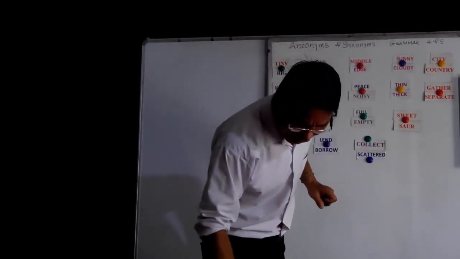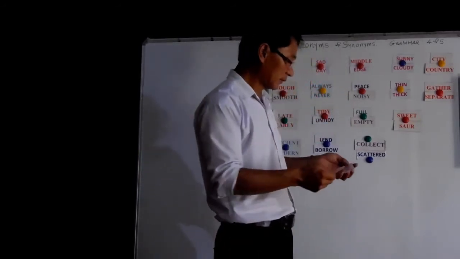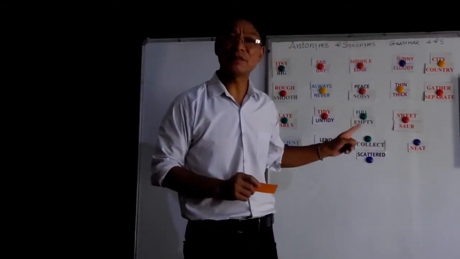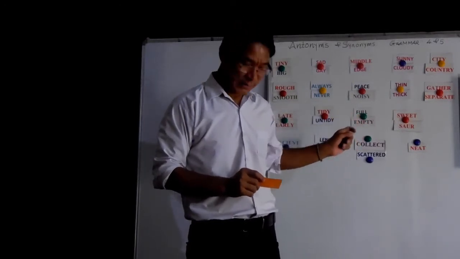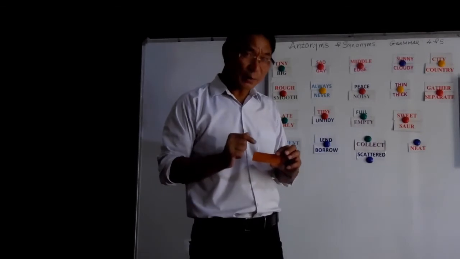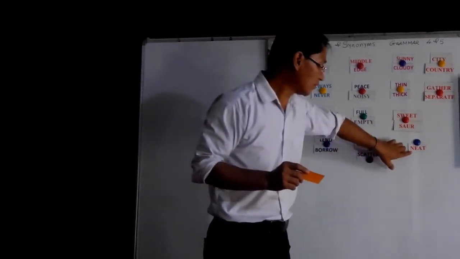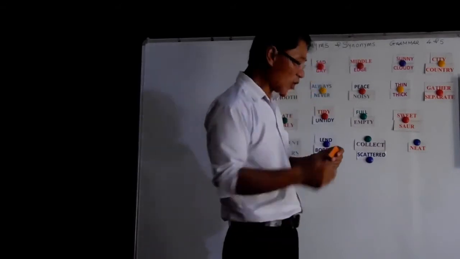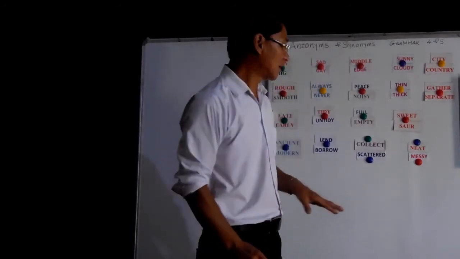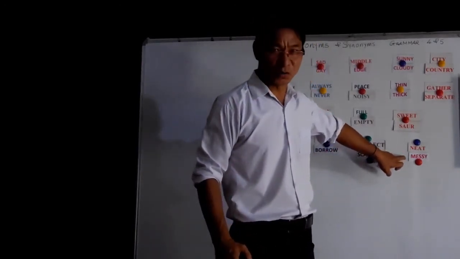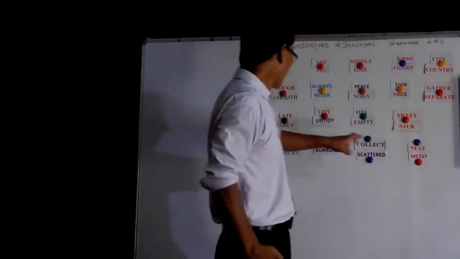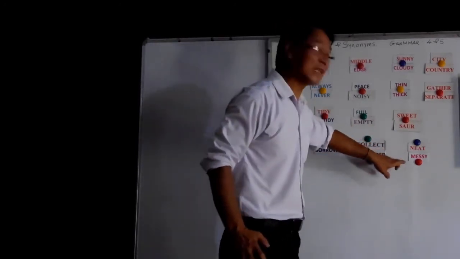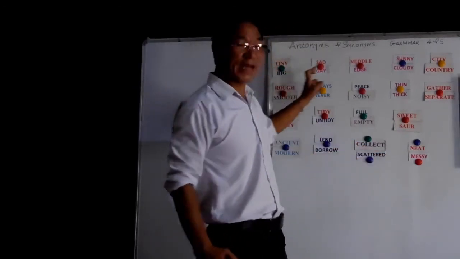Next one is the last one, need. Now please guess what is the opposite of need. N-E-A-T. Neat means safa, to be clean. Now dear children, I have a little bit different word. The opposite of neat I have here is the word from M. It is messy. Now this is not Messi, the football player. Untidy, messy. Untidy and messy are synonyms. So these are some of the antonyms.